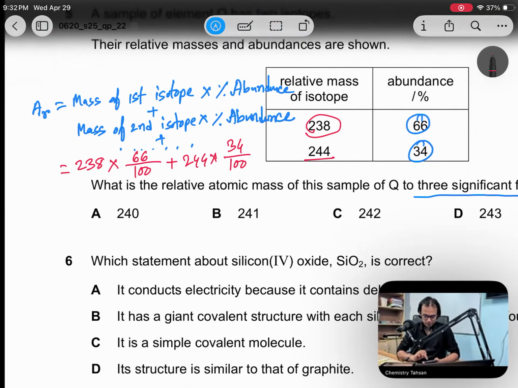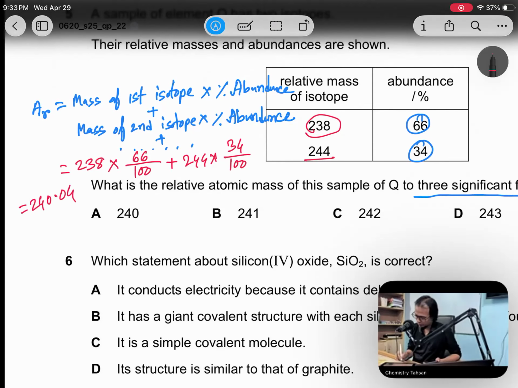So if we calculate, it will be 238 times 66 plus 244 times 34, which is divided by 100. So it is 240.04. So the answer is